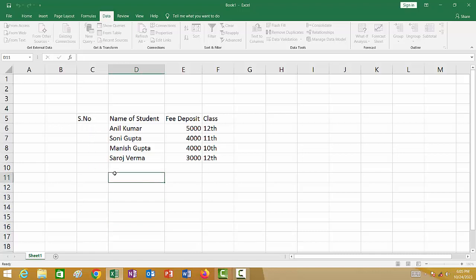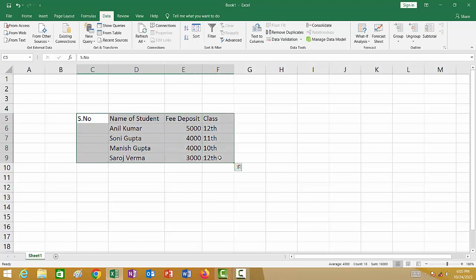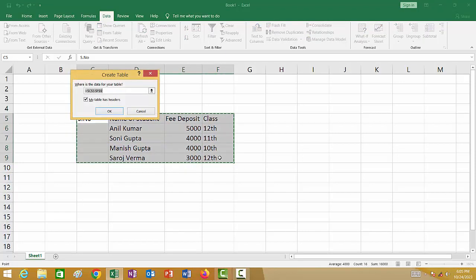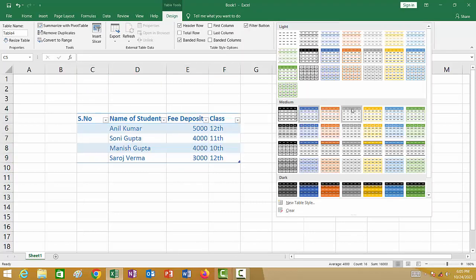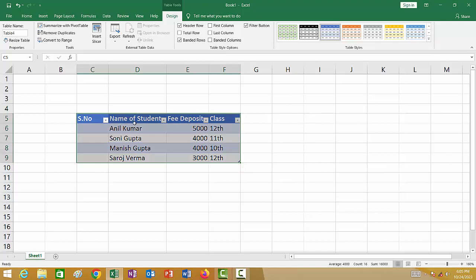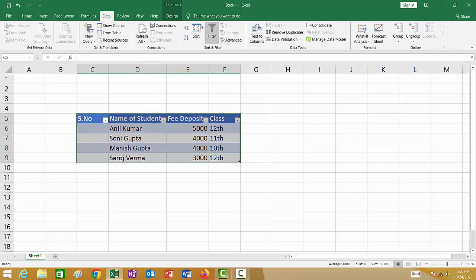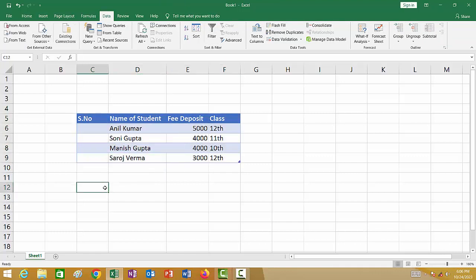So this is a very simple trick. Simply select the table and press Ctrl T from the keyboard, and also you can use the table format in the design. You will see the table here. So select the table and the table will be like this, and I will remove the filter from here. So this is the auto filter, and now simply